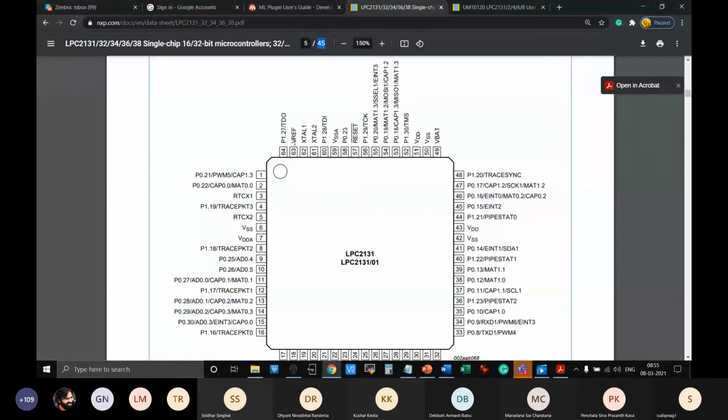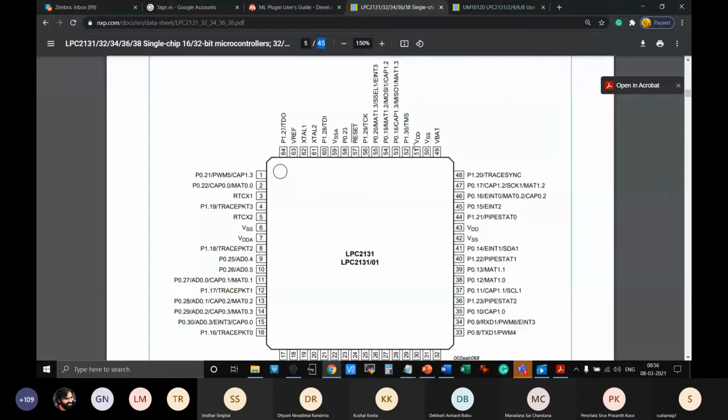Look at this VSS, this VREF as well as VDD, they are quite separate. They are not multiplexed with others. Why? To make it as low noise as possible. So you can completely have two different batteries, one battery connected to the digital VDD VSS, and the other one to the analog VDD VSS.